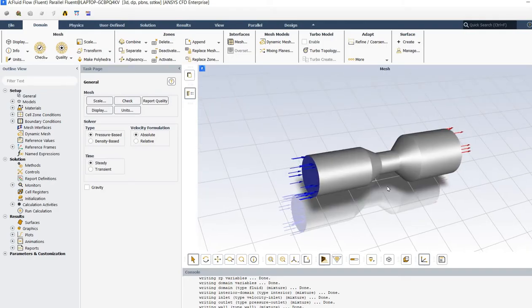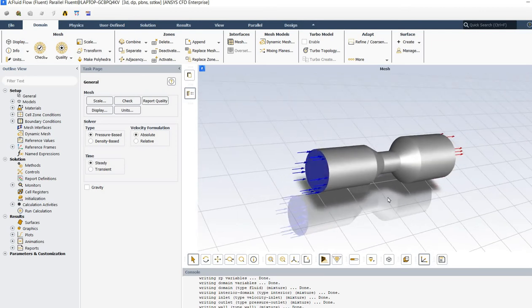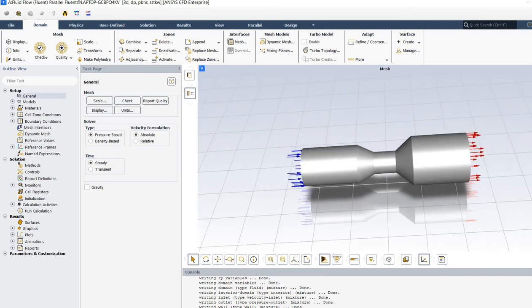So this is the Fluent window, and you can see the arrow mark. This is inlet and this is outlet. We have to go from general to run calculation, filling all the criteria to solve the CFD case in Fluent. So basically in general we can see two options. One is pressure based solver and another one is density based solver. Pressure based solver is generally used for incompressible flows, and also it can be used for compressible flows, but generally we use it for incompressible flows. And density based solvers are used mainly for compressible flows like combustion flows involving shock waves, supersonic flows, etc.